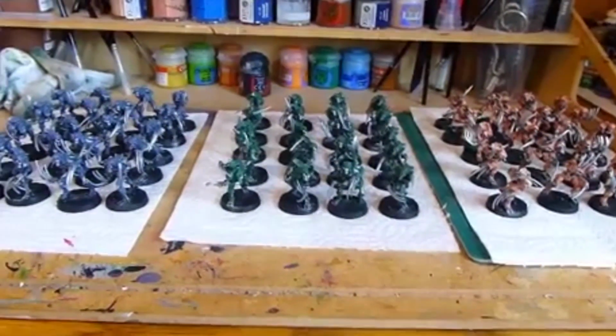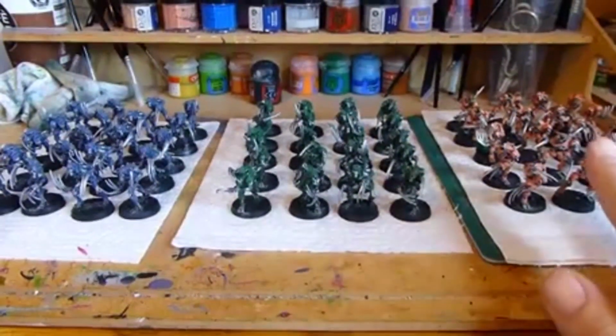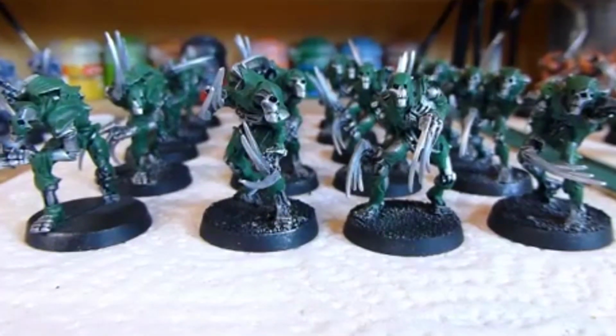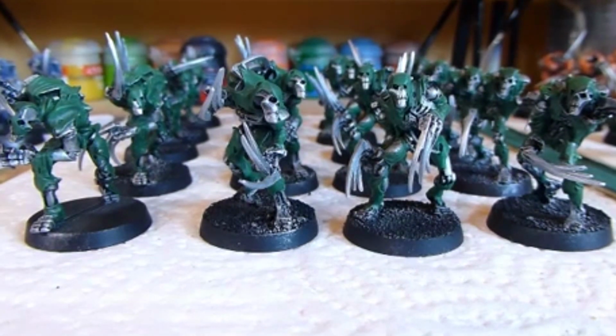Okay, continuing on with highlighting the skin. So in the last video I finished the Blood Angel skin, so I went on and did the orc skin. So just pop the camera a bit closer there. What I did with the orc skin is I went in with a very small dry brush, and dry brushed in first of all with Warpstone Glow, which is the old Snot Green,